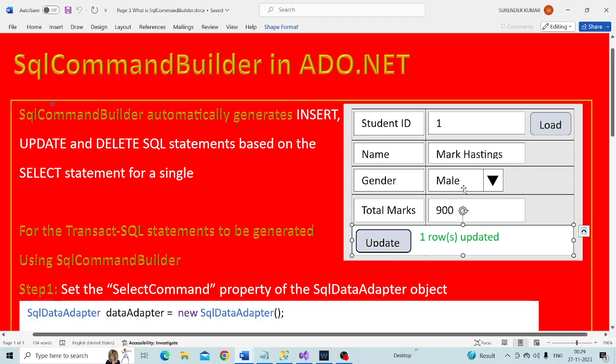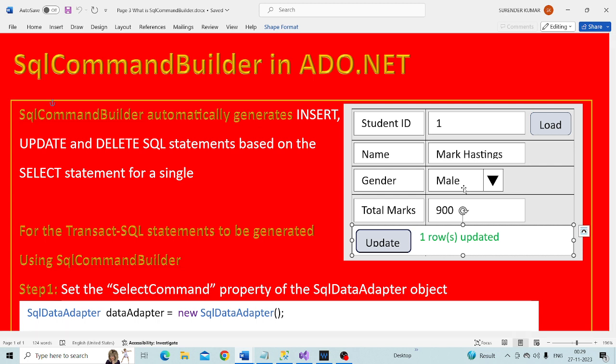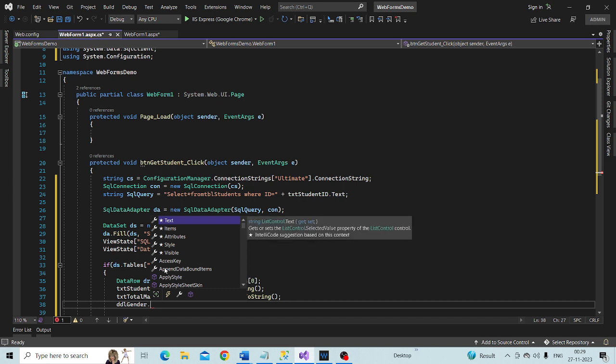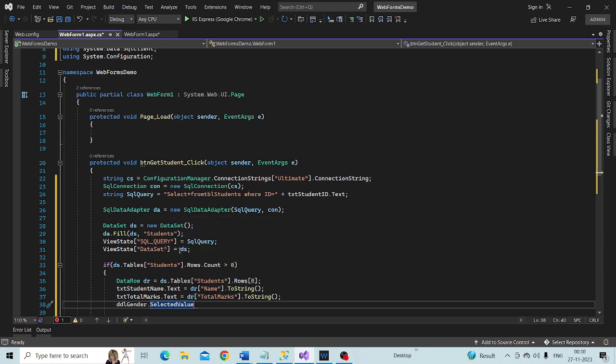The ID of the drop-down list is ddlGender.SelectedValue. ddlGender.SelectedValue is equal to dr, the column name is Gender, .ToString. Okay, so at this point we should be able to retrieve the student record